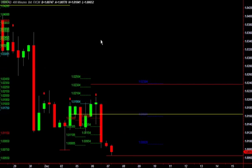Okay, so early on in the week, Monday, had the short trade off the first bar of the week, which was there. You can see that's obviously off the blog I've detailed how that trade went on. We've had a short, a long, and back short again. Essentially what's happened